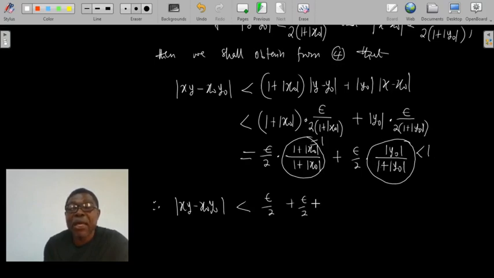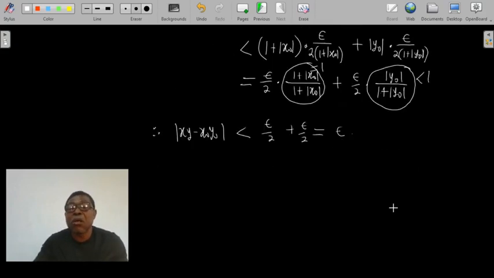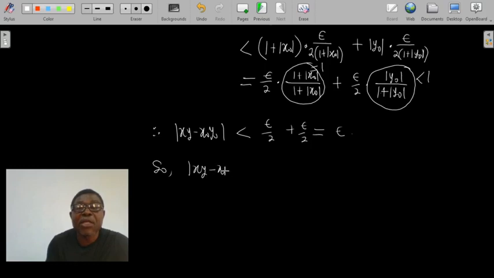And this is nothing but epsilon. So, what I want us to remember is the following. Absolute value of xy minus x naught y naught will be less than epsilon, provided